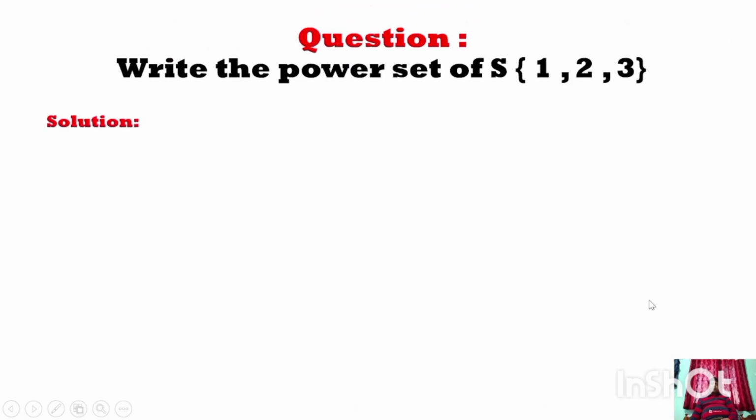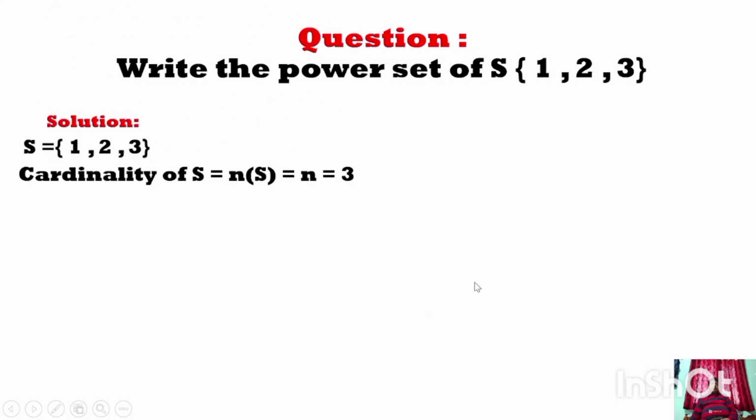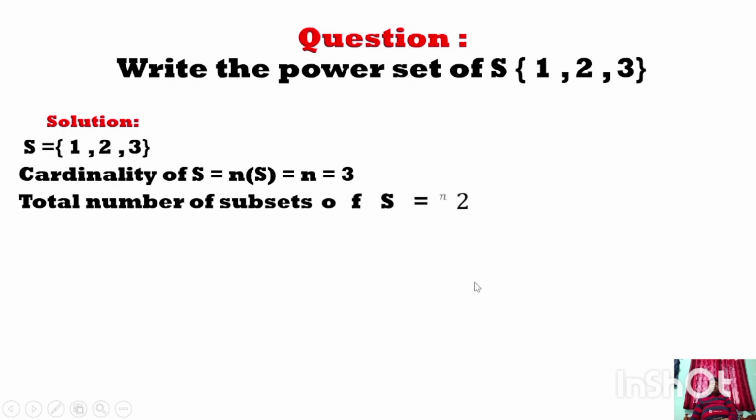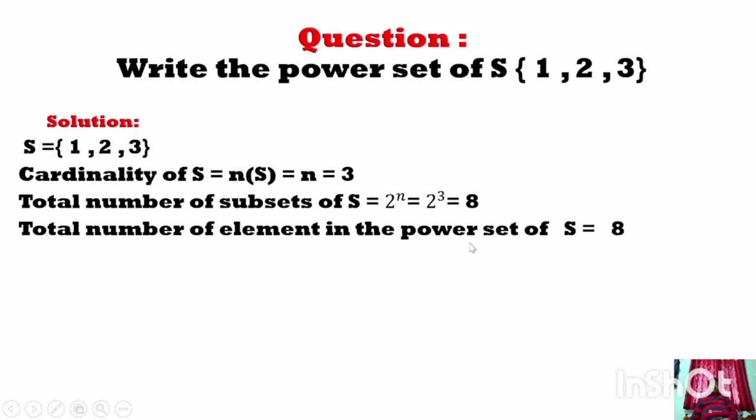Write the power set of the set S. Here the set S is equal to {1, 2, 3}. The cardinality of the set S, n(S), is equal to 3. It has 3 elements. So the total number of subsets of S is 2 to the power n, which is 8. It has 8 subsets. The total number of elements in the power set is also 8, because the number of subsets of the set is the same as the number of elements of the power set of S. All the subsets of S are: